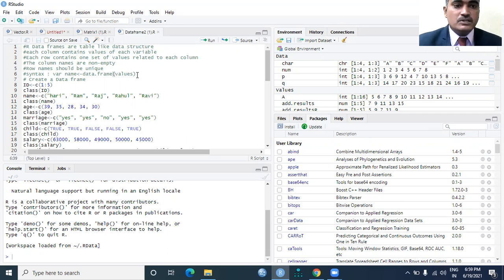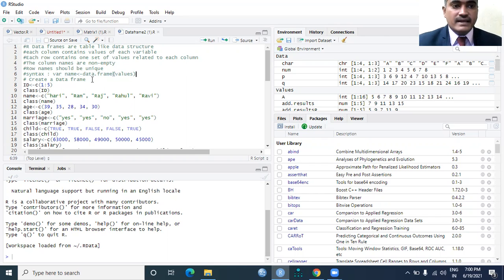So by using this particular syntax, we can create a data frame.